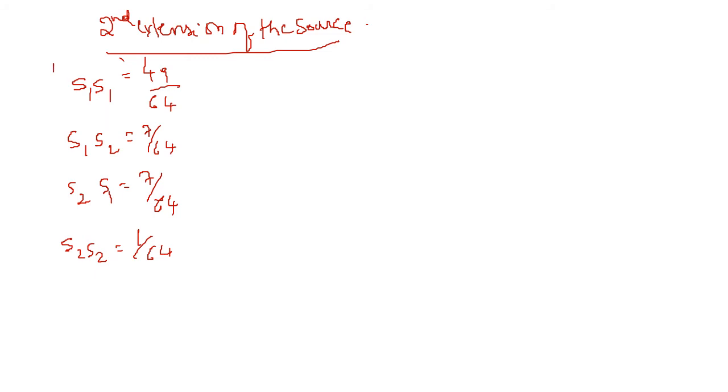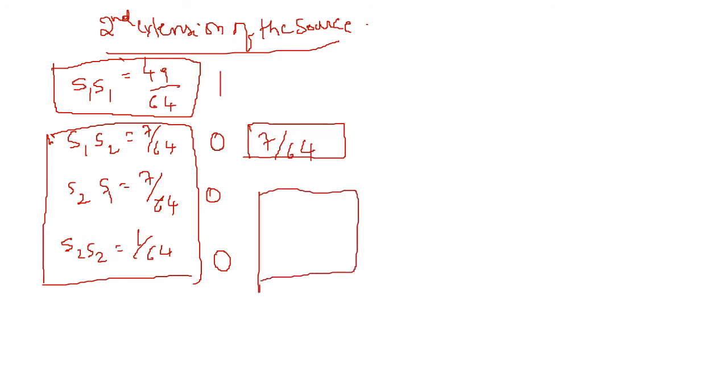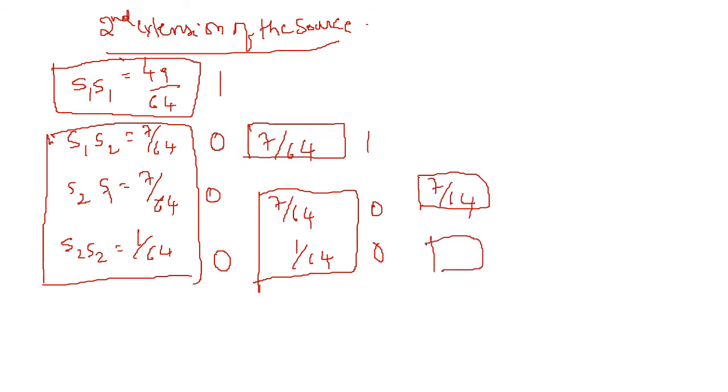Now we'll try to group it. So the first group, we'll try to group it as this value, that is, equal probabilities. The next subgrouping, we'll try to group these values as one more subgroup. Assign 1 to this first subgroup and 0 to the next group. Next again we'll form the subgroup 7/64 as one group, and the next one as one more subgroup, 7/64 and 1/64. Assign 1 and 0 to this. The last one is 7/64 as one group and 1/64 as one more subgroup. So 1 and 0.